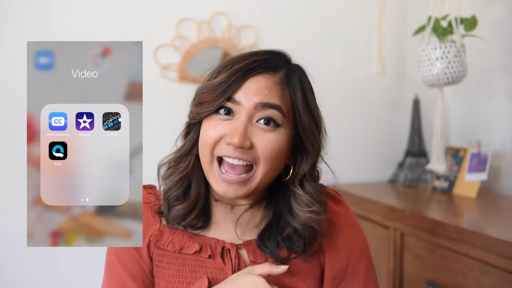Number six is to share your program or the software you use. So Adobe Lightroom, Illustrator, Premiere, editing apps that you like such as Premiere Rush and InShot, Splice, photo editing apps like VSCO and Lightroom. For number seven, I want you to remember that you need to make sure that the little shorts you're making still relate to your niche and to your channel so that it all ties seamlessly together.